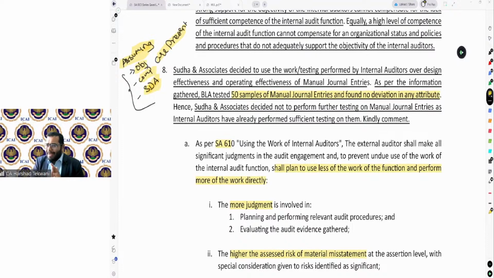Purvi Ben, not a complete answer. I could see similar lines, but not the appropriate answer I'm looking for. Same, Namrata, not the appropriate answer I'm looking for. Come on, guys. Why am I saying significant risk, high risk of material misstatement? No, Sanuja. Come on, quickly, guys. Why am I saying the manual journal entries possess higher risk of material misstatement?